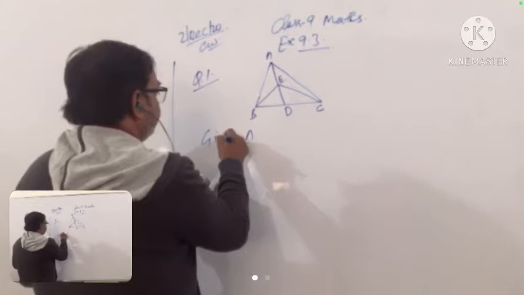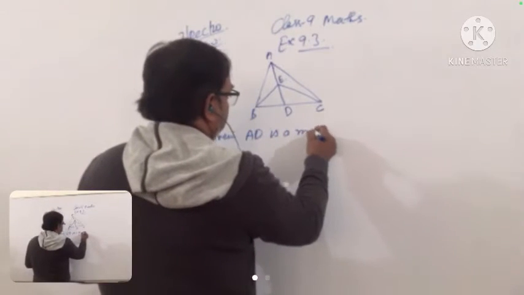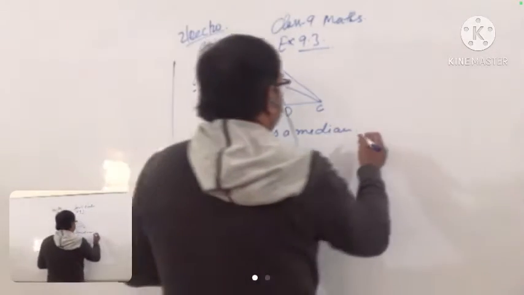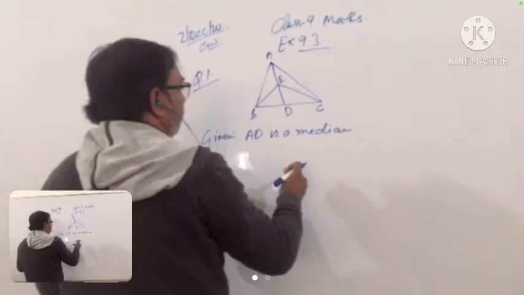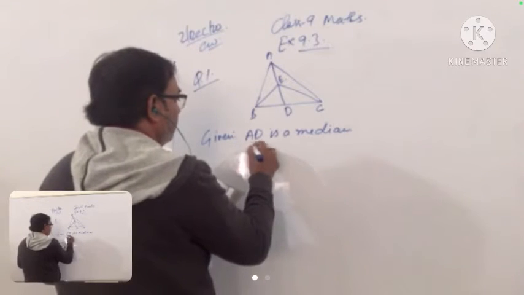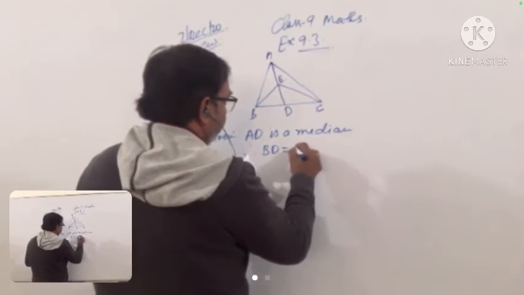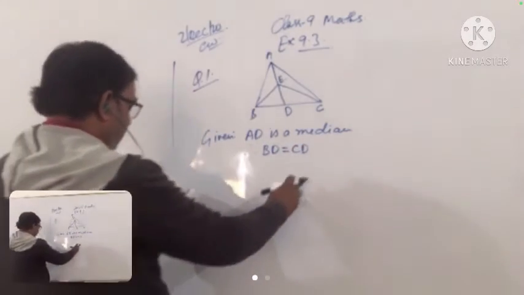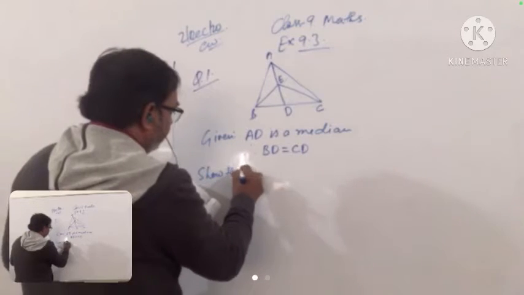Given is AD is a median. तो हमें यहाँ से जो therefore BD is equal to CD. Now we have to show that